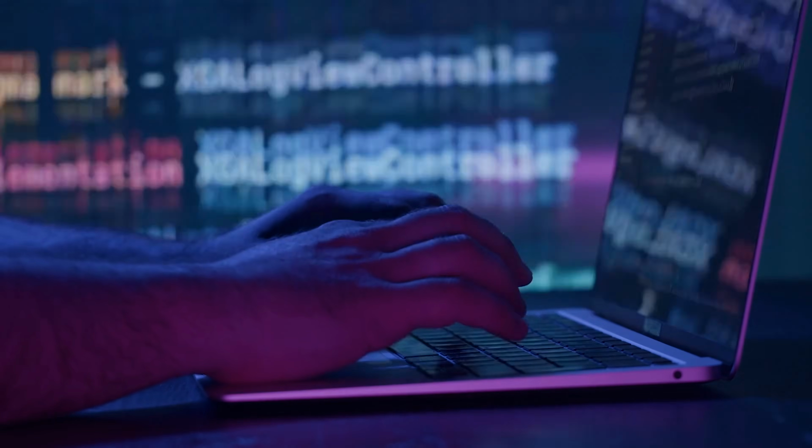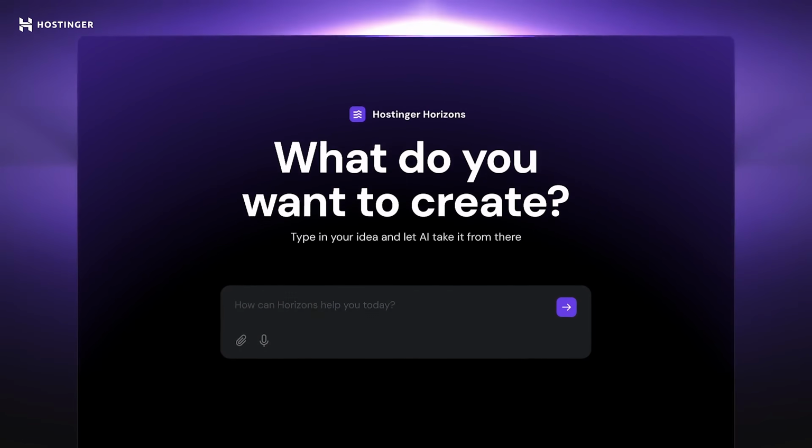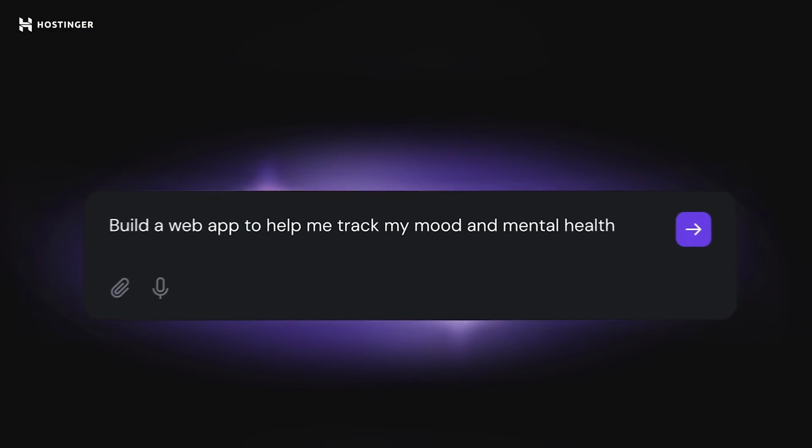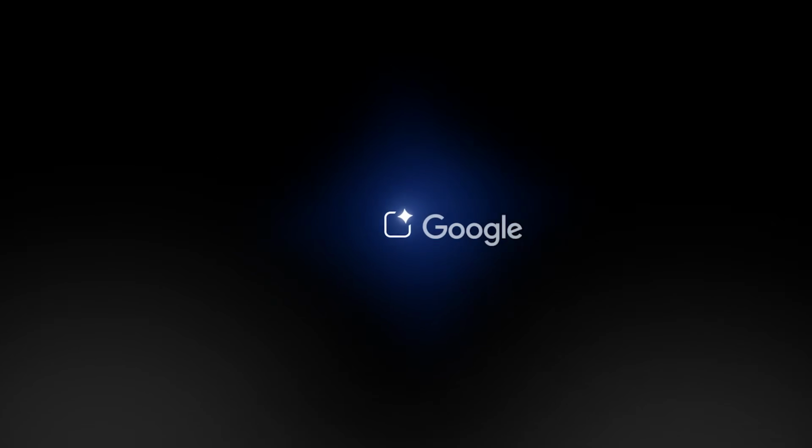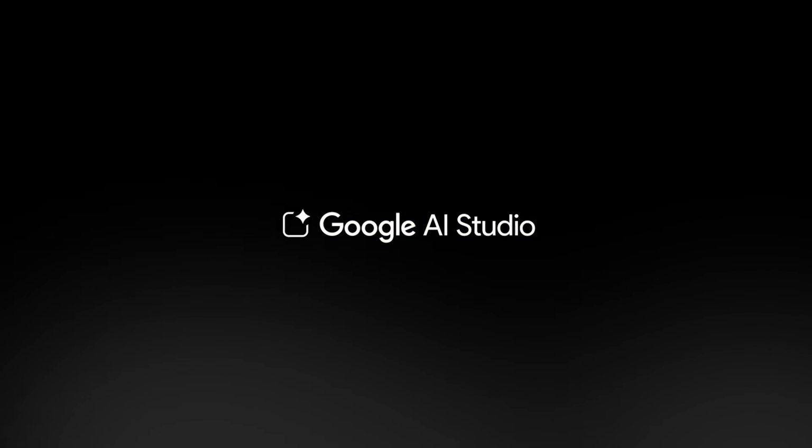But nowadays, what you can do is use AI when it comes to helping you build your own app. It's all about knowing the best steps to take. We've got tools like Horizons, we've got Google Anti-Gravity, we've got Google AI Studio, the list goes on and on. And I'll definitely say that we're living in a very unique time right now in terms of there being so much opportunity,